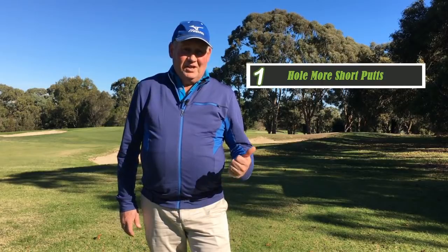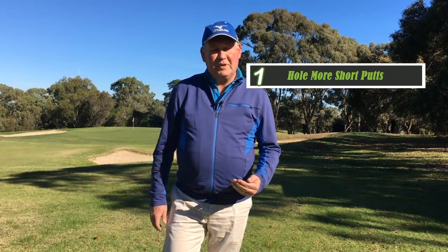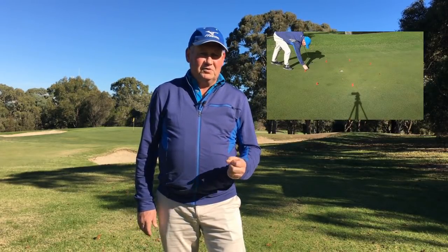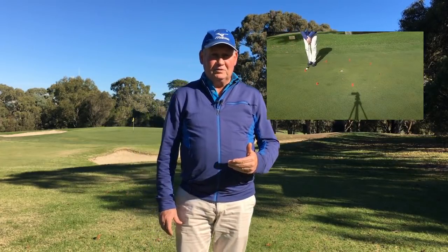So the first way we can lower our golf score is to get better at short putting. Not enough people practice short putts, and I wouldn't want you to hit putt after putt after putt from a short putting range. So let's isolate it and we'll say 3-foot putting. Try not to hit 23-foot putts in a row. What I would like you to do is to hit one 3-foot putt, concentrate, line it up, go through your pre-shot routine, make it feel real, and then